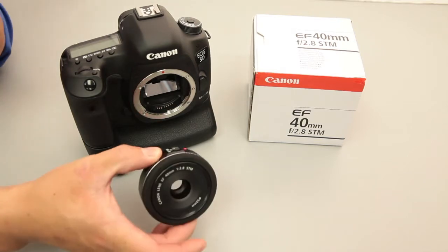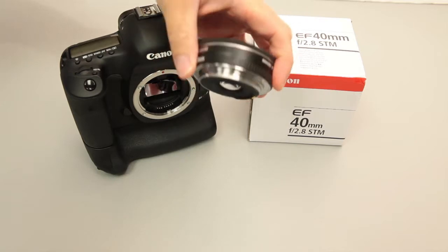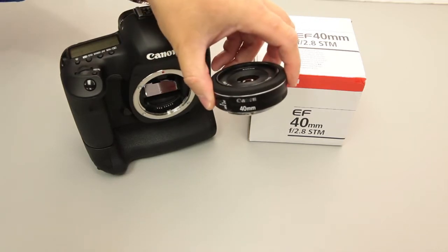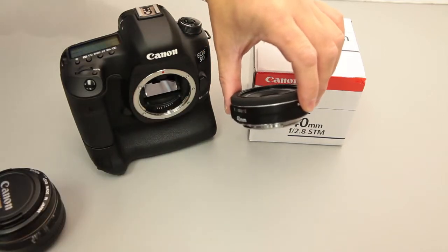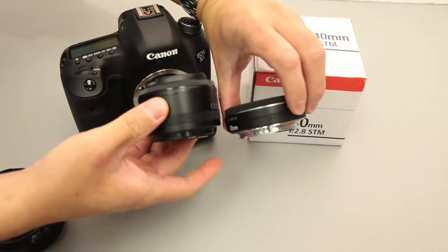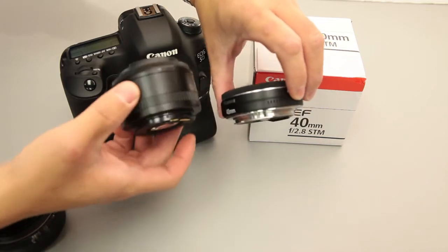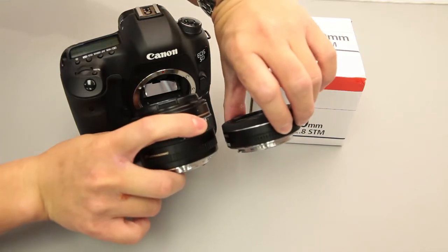The 40mm has been dubbed the pancake lens simply because of the thin profile design of the lens itself. It's very flat compared to, say, the 50 f1.4 or the 50 f1.8. As you can see, it's pretty much half the length of the 50 f1.8, and definitely less than half the length